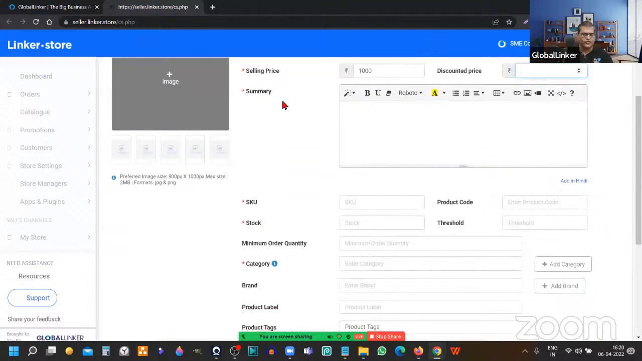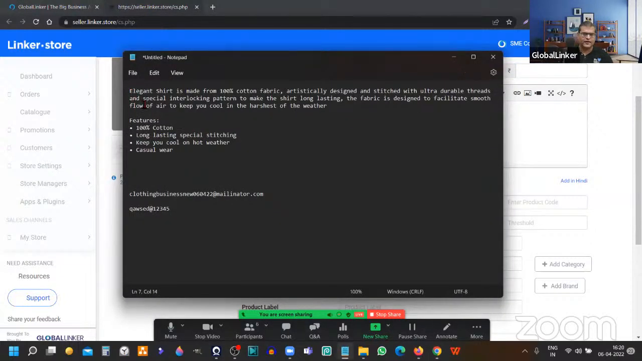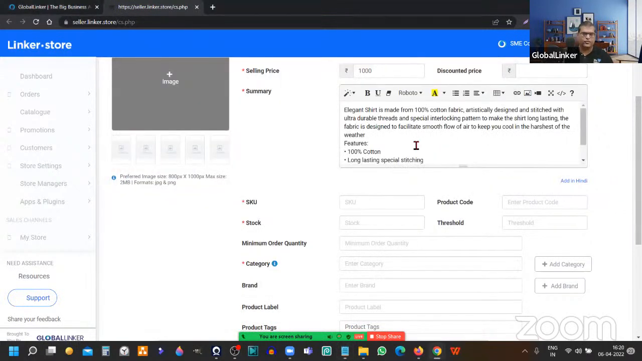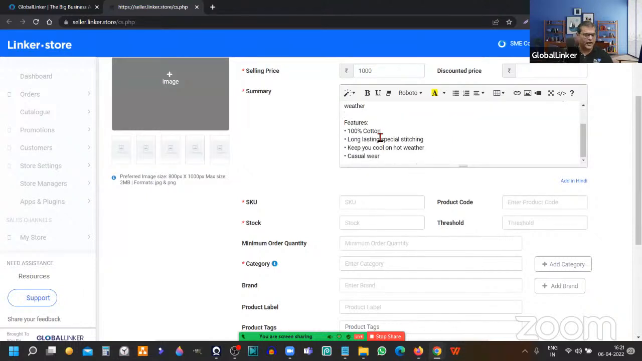And then you have the summary, and this is where you have to briefly summarize the product. You don't have to add too much detail here. I have the summary available, so I'll just copy paste for the benefit of time. So this is how you have to add the summary. A few lines about the product explaining what this product is, and then you can add bullet points of the